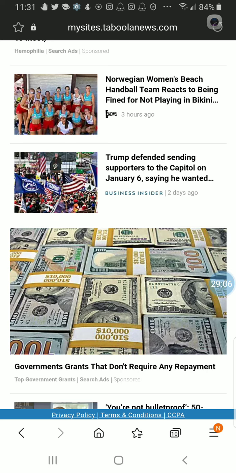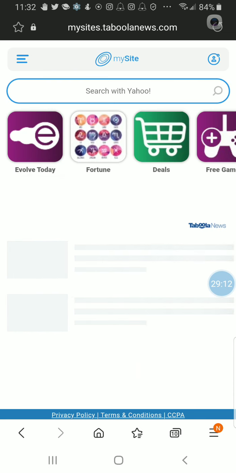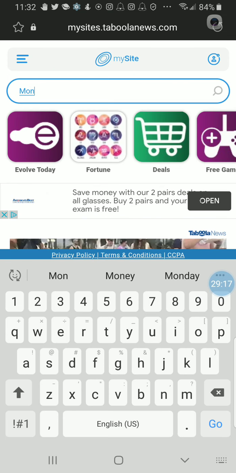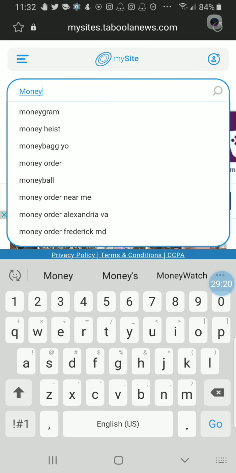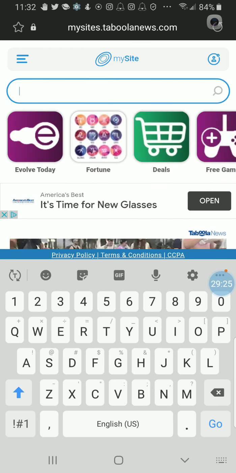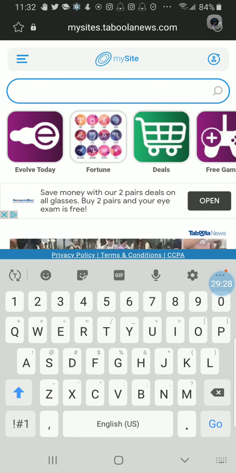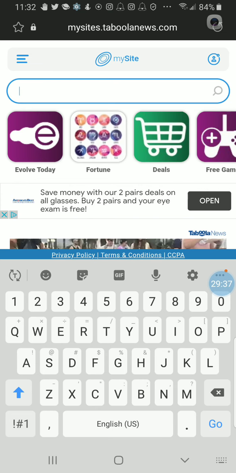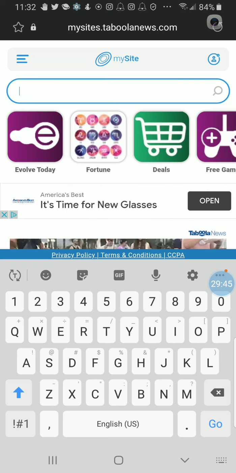What I was trying to look up was, let's just say on the home page here, you were to look up money, or money near me, or something like that. If you were to look up anything, instead of having to key that in each and every time, you can add a plugin or extension to make it easier. It seems that to make something easier, there's going to be an extension available and a plugin available.